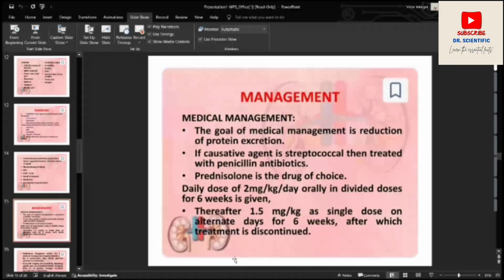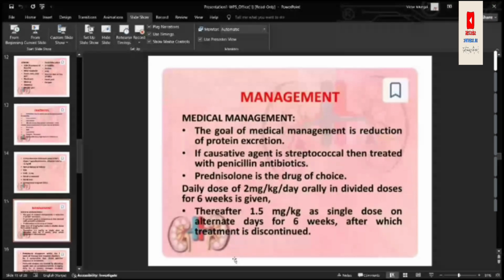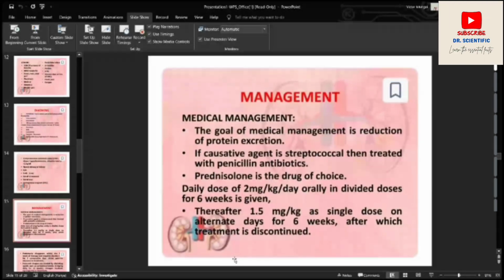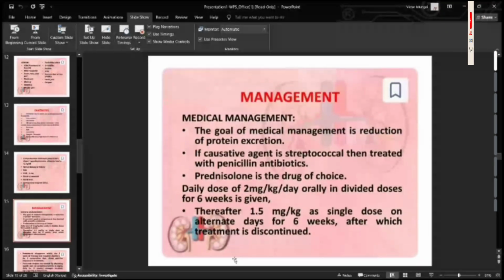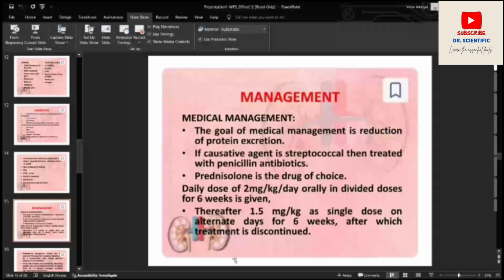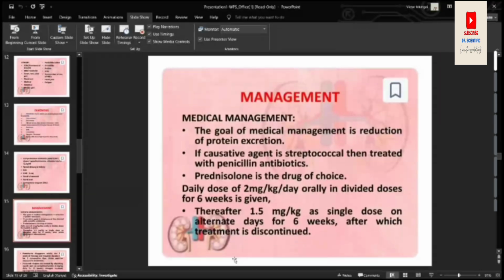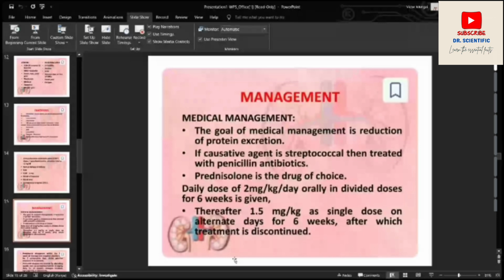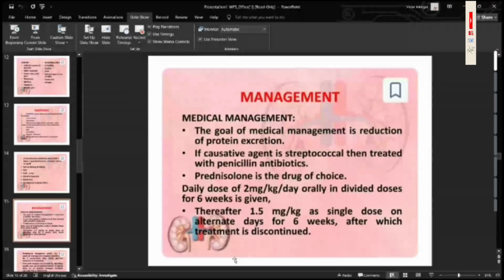Management. The goal is basically to reduce the protein excretion. And as our lecturer was speaking previously, he said if something is the cause, you focus on how you manage it. So, for example, if the causative agent is streptococcal, then it's treated with, for example, penicillin, antibiotics, and then proteinuria